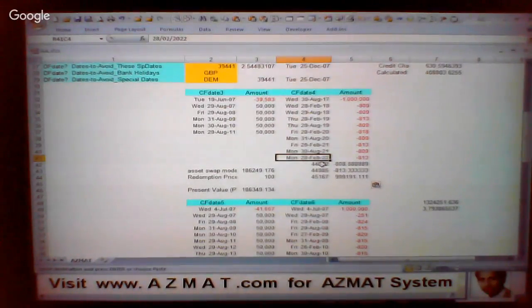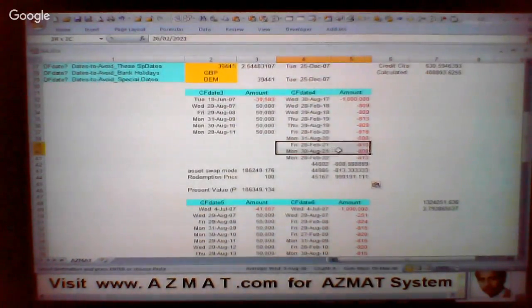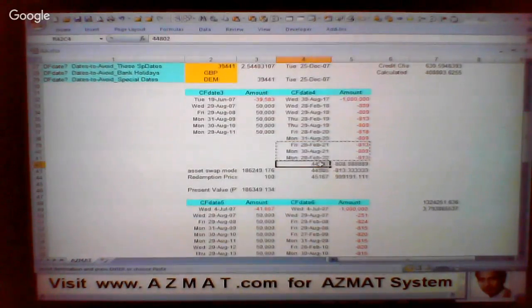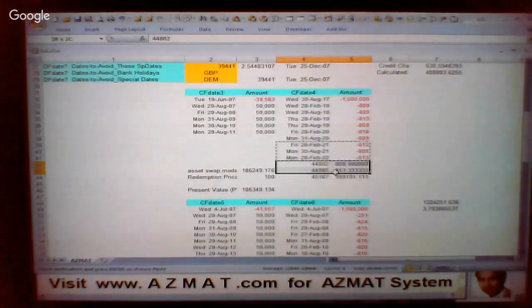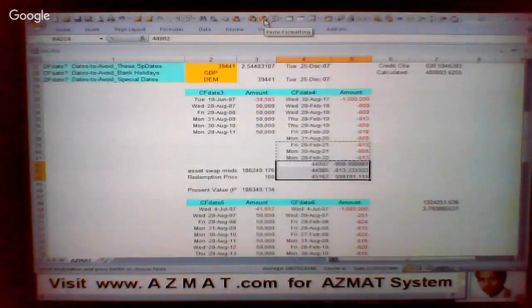So what I'm going to do is simply take these three, because I have 3 rows here, copy that, for example, there, and I'll go here and say paste formatting. It will paste the formats of these date cells in here and in here, so that the negative values, because minus 808.88,